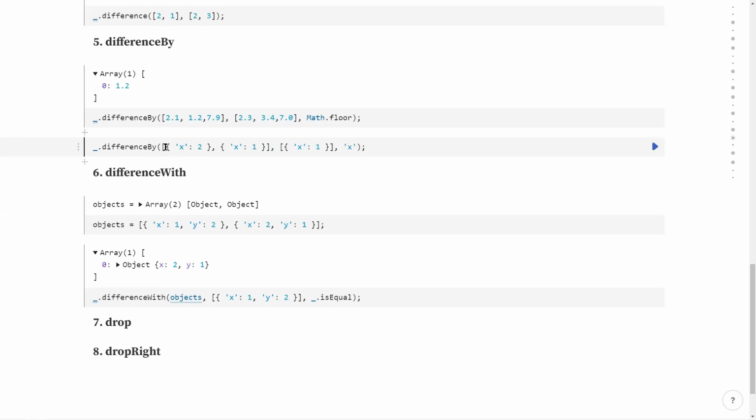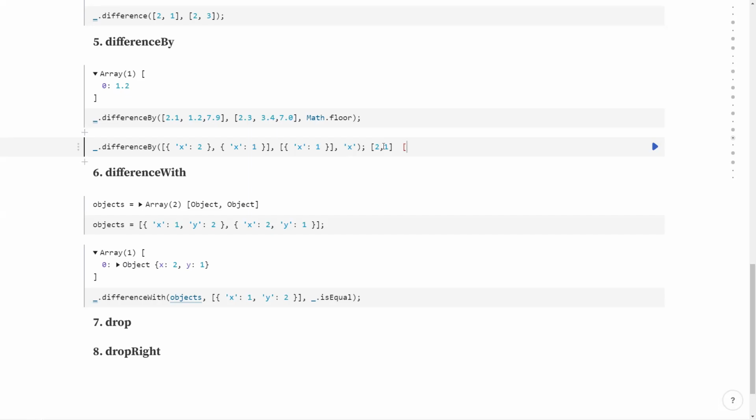If we have an array having two objects, and in the excluded array we have only one object, and we are saying you want to iterate each object and take only x values. So it will iterate the first one, and it will take the x value. Here it is 2, here it is 1. So in the result it will be 2, 1, as it is just taking the x value.